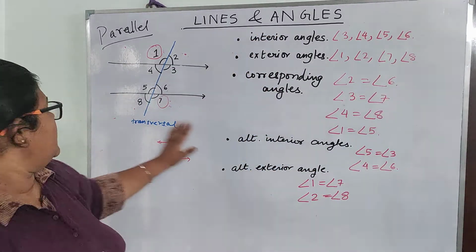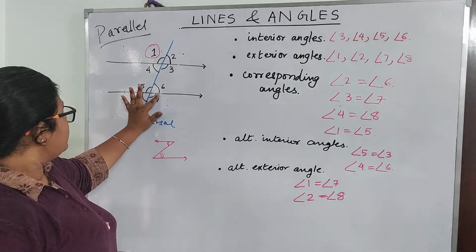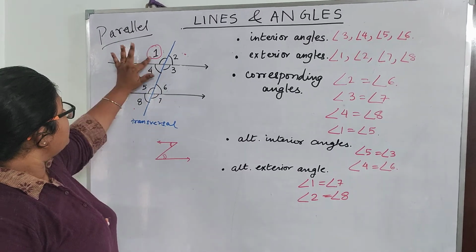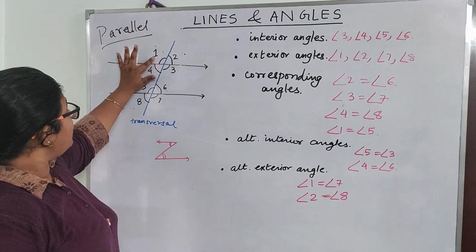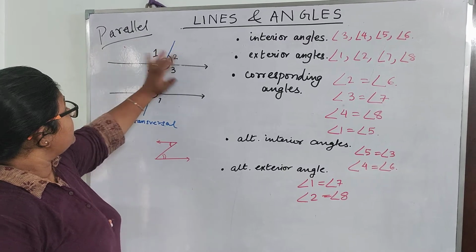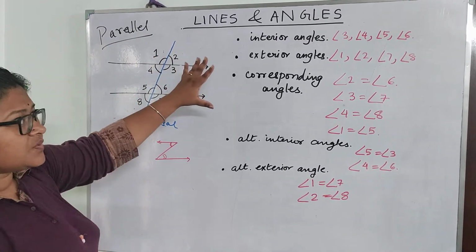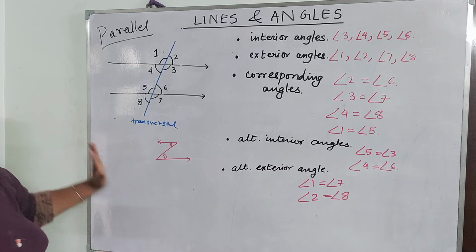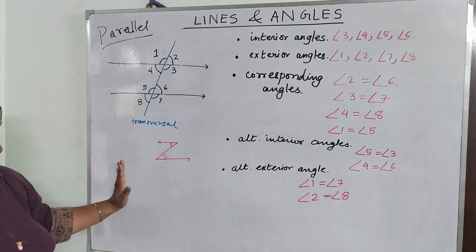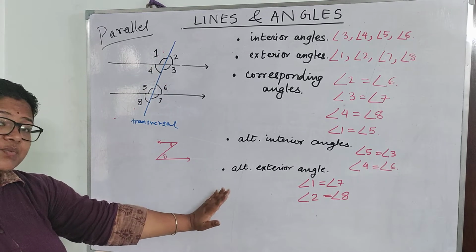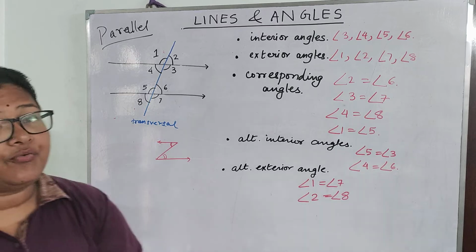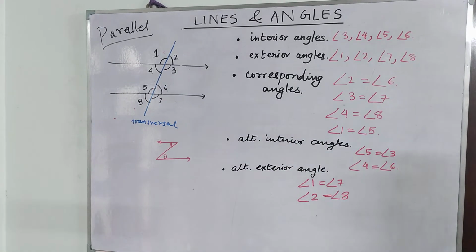Just go through it. The interior angles, the exterior angles, the alternate interior angles, the alternate exterior angles, the corresponding angles facing towards one side and the other corresponding angles facing to the other side. Till here I hope it is very much clear, so we can move forward. Okay, the next point which I will be saying is